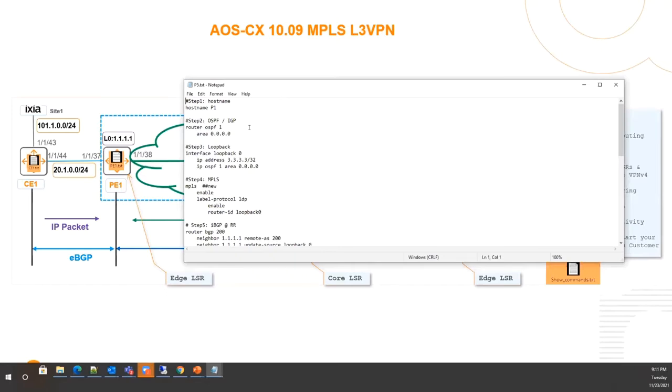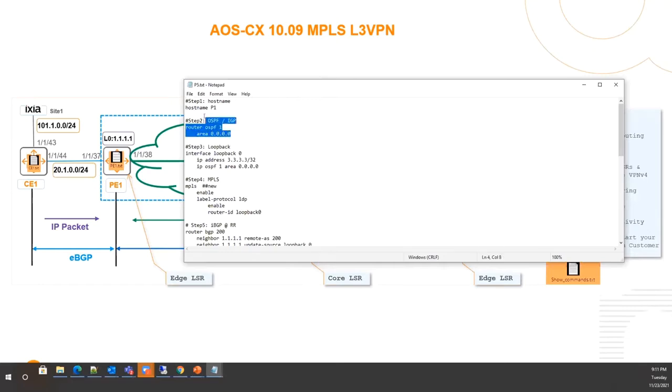This P, remember, this is for the swap operation, isn't it? In case it is a 3 node, what happens is, as Daryl mentioned, to make sure the PE capability goes up, we do a pop operation at the explicit null. Whatever we get, the pop operation will be done at the P itself.